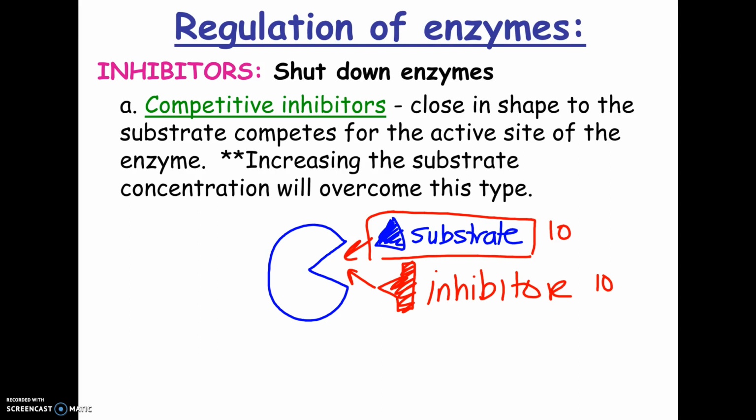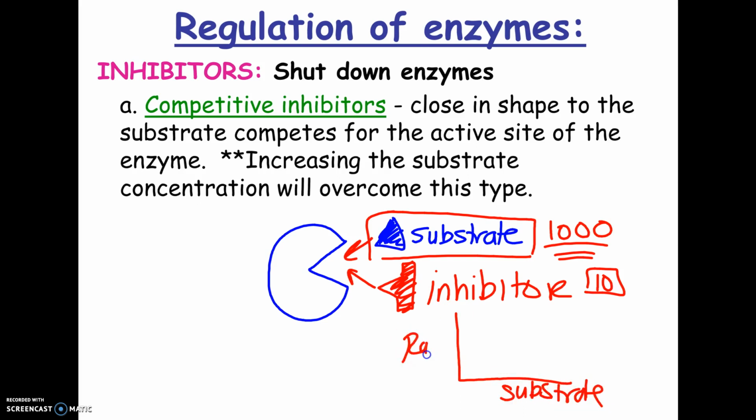On the other hand, let's say you now have 1,000 substrate molecules. This inhibitor, only 10 of these, is probably not going to have nearly as much effect because the chance of the enzyme bumping into the inhibitor is going to be very low compared to the chance of bumping into the substrate. So, one of the ways that we know an inhibitor is a competitive inhibitor is we could actually run a test and see if we add more substrate,